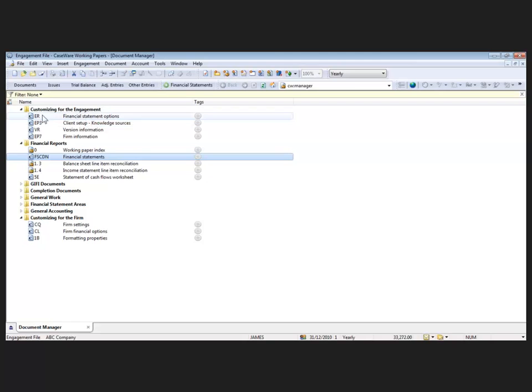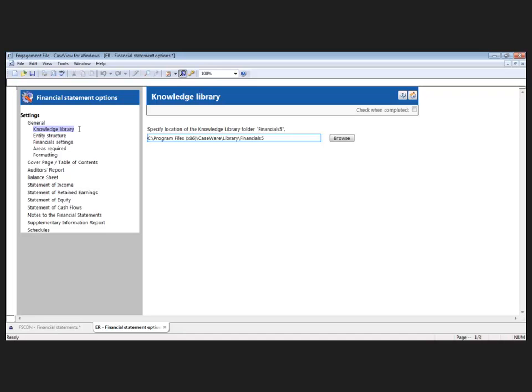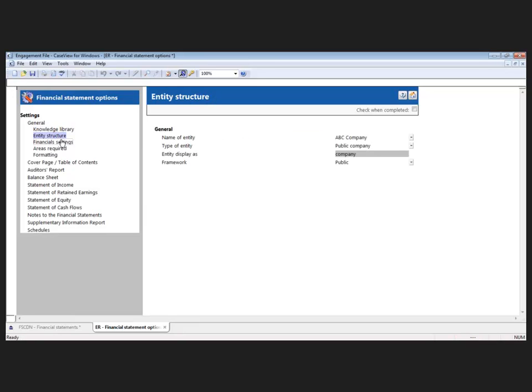Okay, at this time, I just want to draw your attention to our financial statement options document. This is the document that we must complete prior to generating our financial statements. And in completing this document, we are going to be providing the program with various information about our engagement. So for example, if we go into our entity structure, the type of information we're going to feed to the